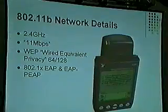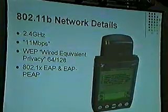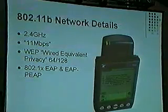The last security measure we have is 802.1x. 802.1x is pretty common. Microsoft's deployed it. They did a pretty good job with that. 802.1x provides you with a number of features. First and foremost, you can...